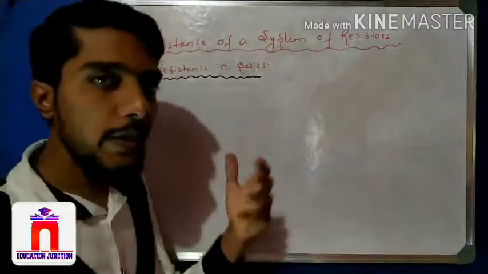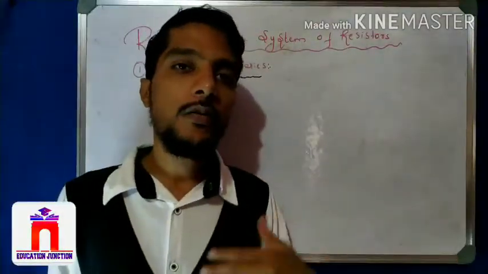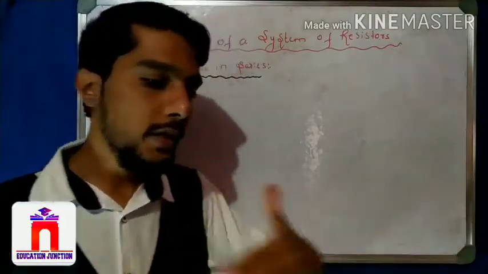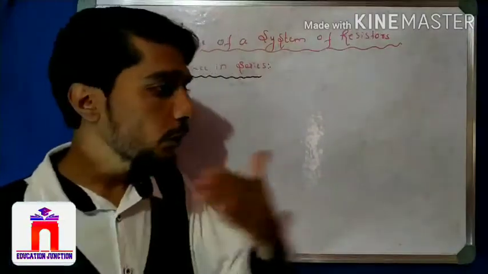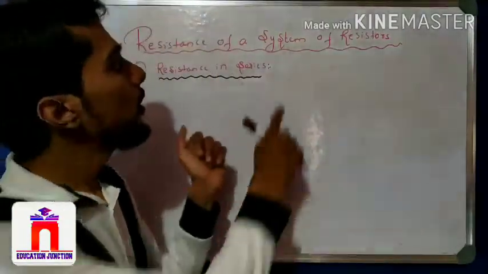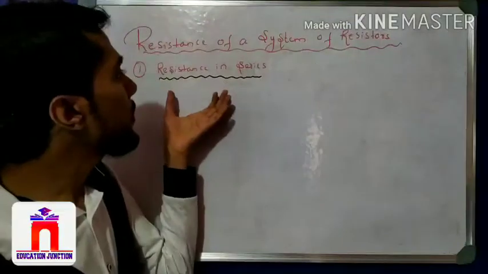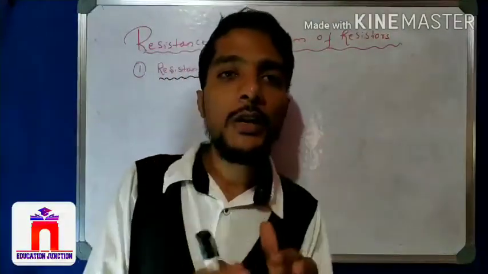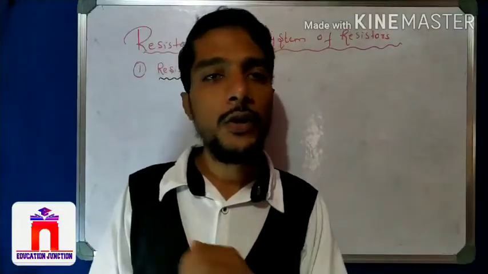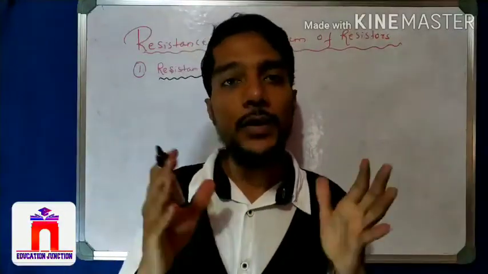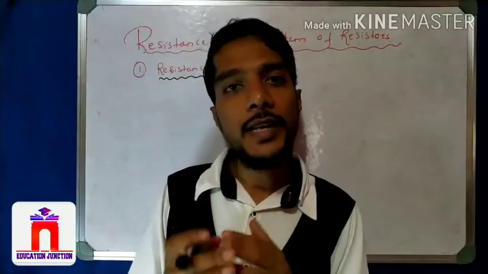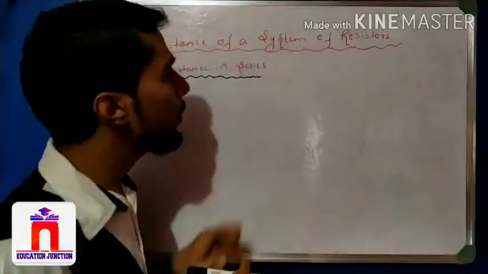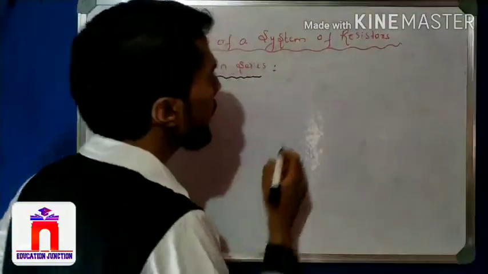So we come to first the meaning, then the circuit diagram, then the formula, then the advantage, then the disadvantage, and then problems. Okay, that is our video, one by one, right? These are the steps. Now see the first step here, resistance in series. When we say that a particular circuit is in series, we know that many electrical devices and appliances are there. When we say that particular devices are in series or not, first comes the definition: what is the meaning of series here.